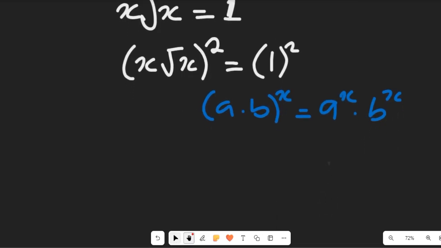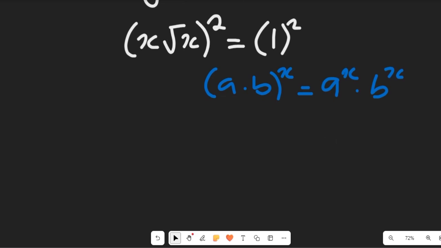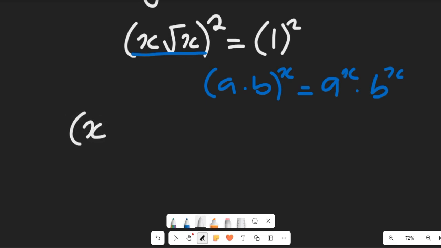If I can break up that, that means I can also break up this. So if I break up that, I'm going to have the value of my x all squared multiplying the square root of x all squared, and this will be equal to